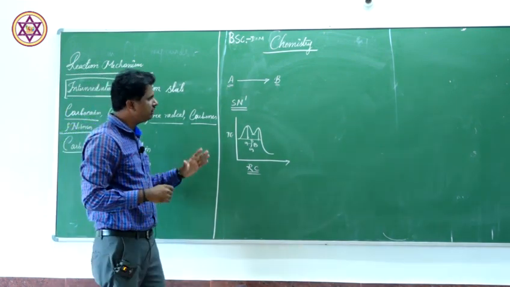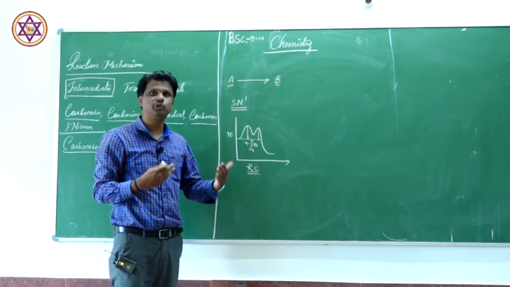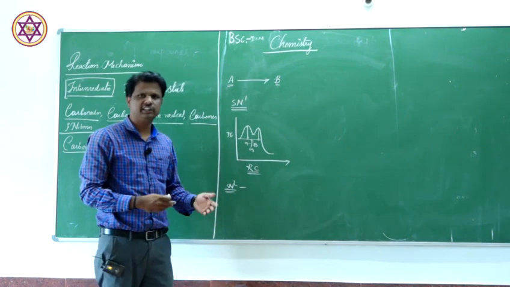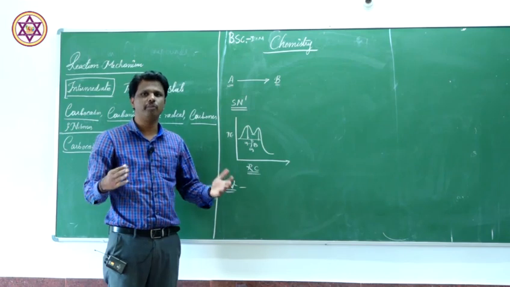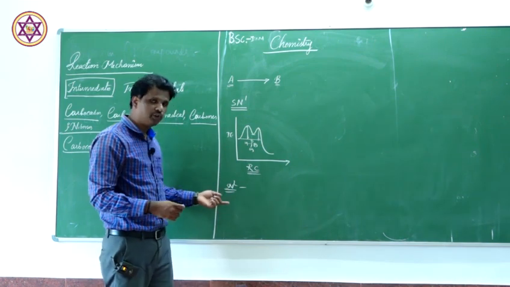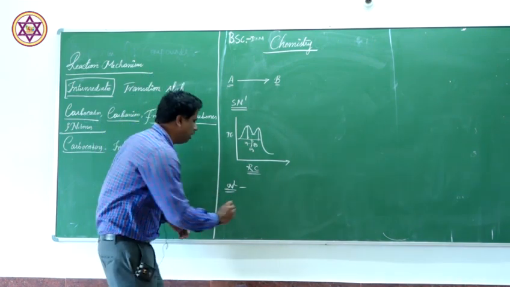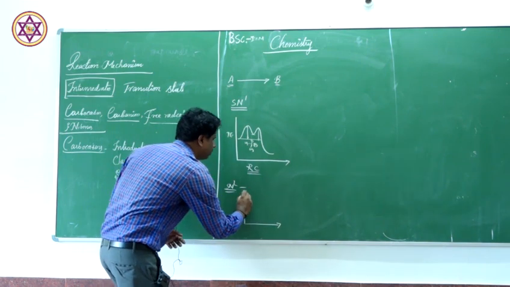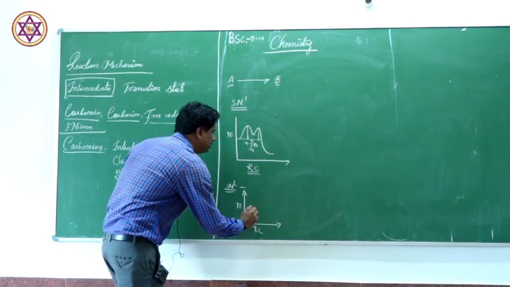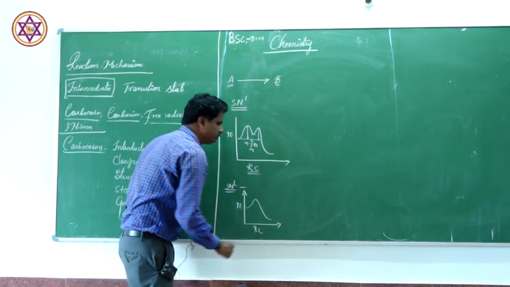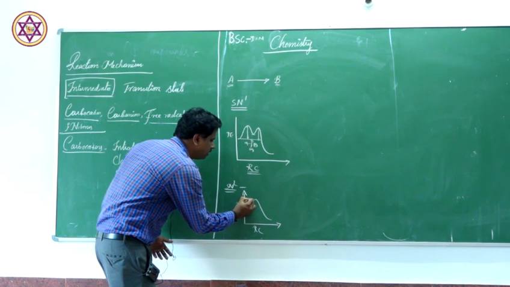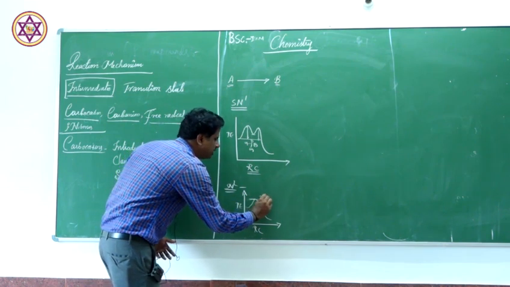In order to understand the transition state, let us take an SN2 reaction. You have studied the SN2 reaction. SN2 is a single step process. In SN2 there is no formation of intermediate ions. Any intermediate will not be formed, no intermediates. I will write the energy profile diagram of the SN2 reaction. Again, potential energy versus reaction coordinate. The graph would look like this. There is no intermediate now, but instead we have an energy maxima. This point is called the transition state.